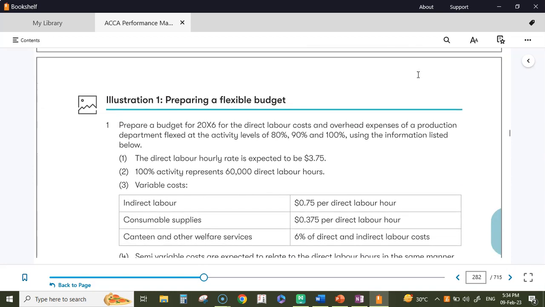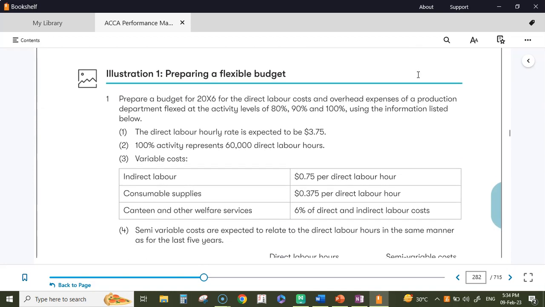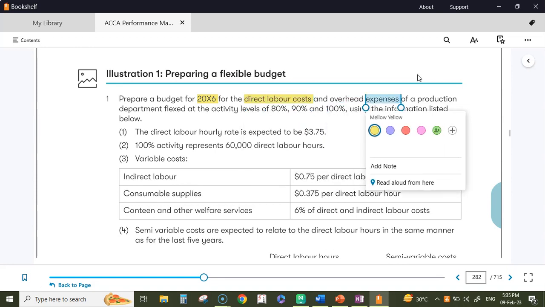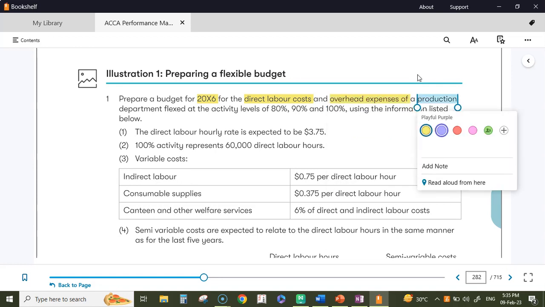Now we'll go to the first illustration. Prepare a budget for 2026 for the direct labor cost and overhead expenses of a production department flexed at the activity of 80%, 90%, and 100% using the information listed below. Okay, they want to prepare a budget for their labor costs and overhead expenses of production department.